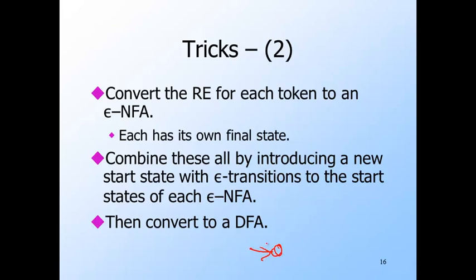Here's the new start state. Here are all the old start states and their automata, and we just put transitions on epsilon to each one of them. All the final states of the NFAs remain final, and they each have their associated actions. So, for example, these are all final states. An NFA can have several final states, in fact. After that combination, we convert to a DFA, or perhaps an NFA without epsilon transitions, which we will then simulate.